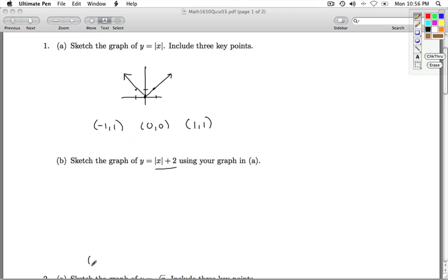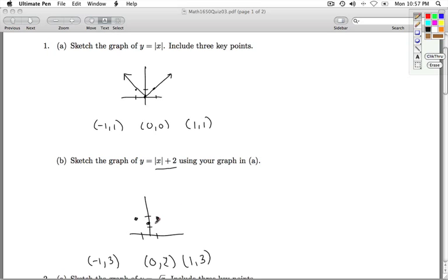So the point negative 1, 1, if I add 2 to the y value, that's negative 1, 3. The point 0, 0 gets moved to 0, 2. I'm adding 2 to the y value. And the point 1, 1, that goes to the point 1, 3. Go ahead and plot these values. Negative 1, 3, 0, 2,